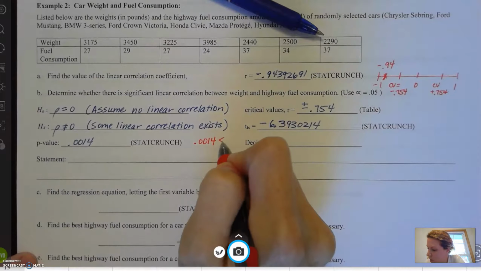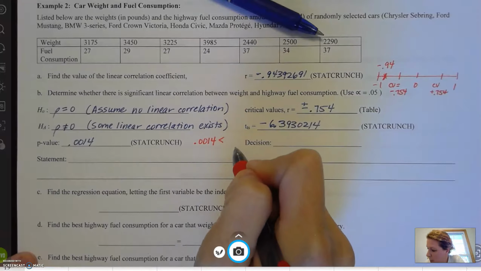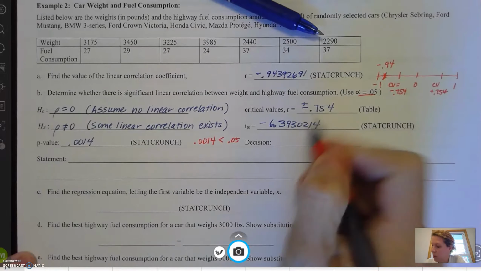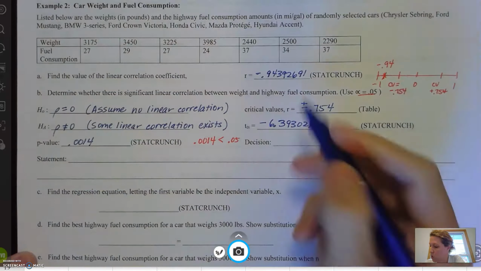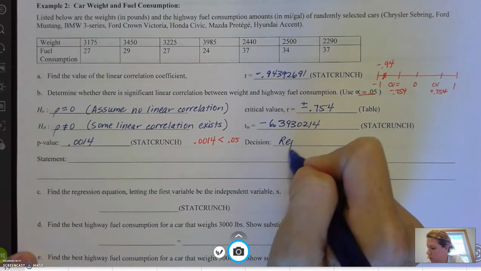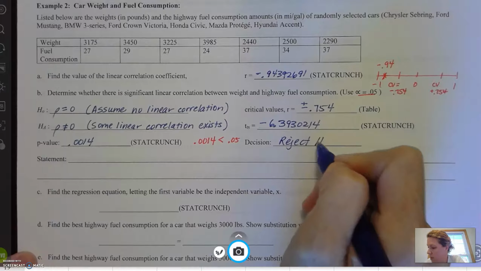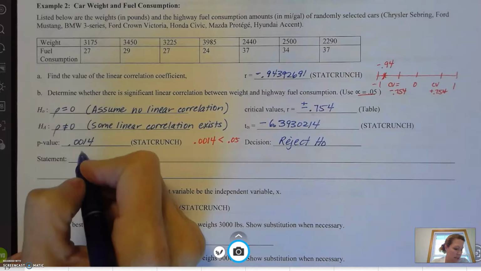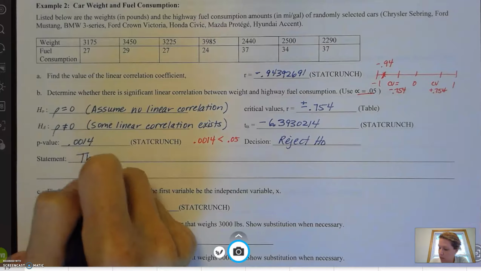0.0014 is definitely less than our significance level of 0.05. And so that makes our decision that we're going to reject the null hypothesis. So our statement should say something like this. The sample data